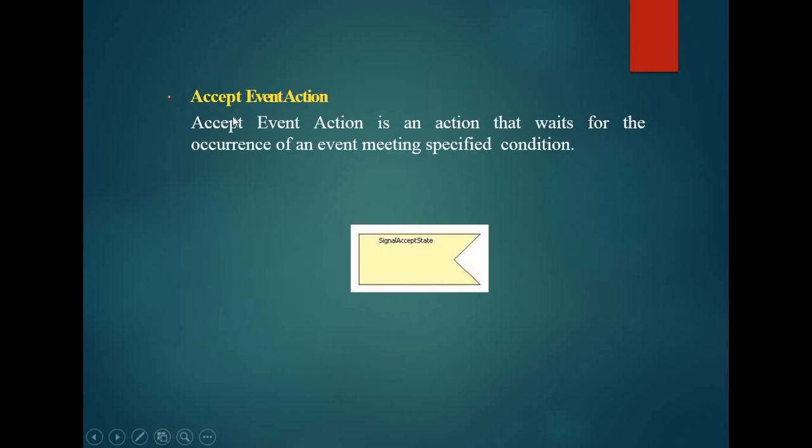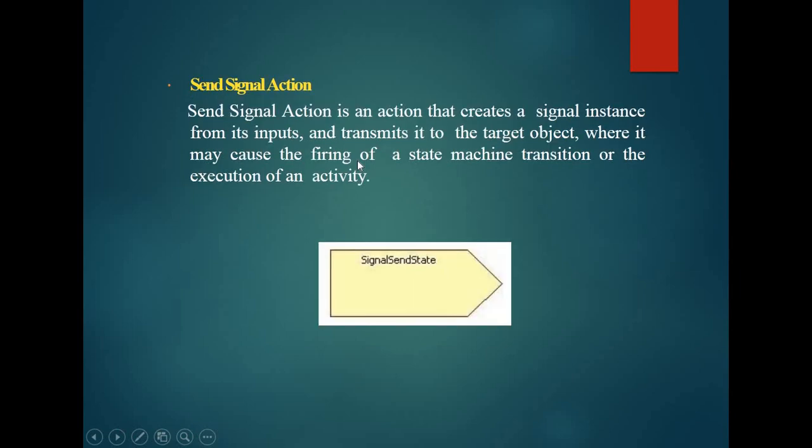Accept event action. This action is an action that waits for the occurrence of an event meeting a specified condition. Means if a specific condition happens, then and only then we will proceed further. That type of accept event action, single accept state, is described here.